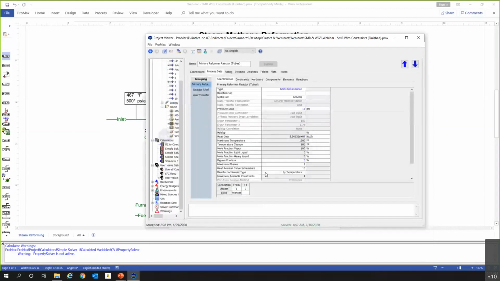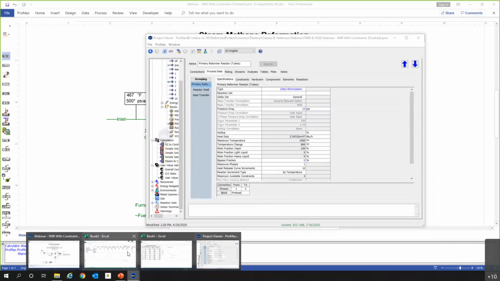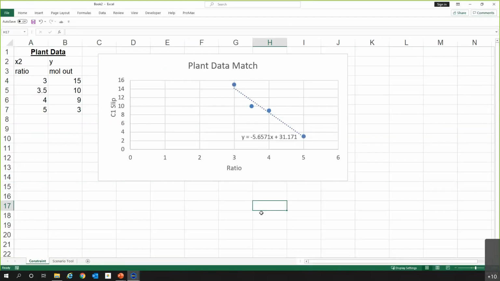So let's talk about matching plant data. The use of constraints in ProMax is really, really nice. What we've done here is we have taken operating parameters of Refinery A. They came to us and said, okay, Samantha, in the past 6 months, we've operated at these different